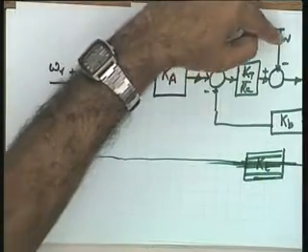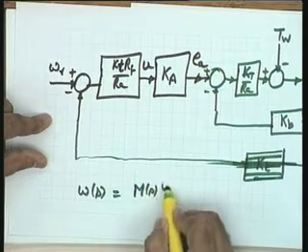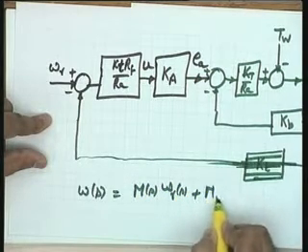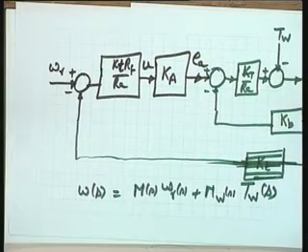Since the block diagram reduction tools are known to you, using those tools either through signal flow graphs or directly, you can get me the transfer function between omega and omega r. You can get the transfer function between omega and TW, it depends upon the interest you have. If you want to analyze the system with respect to the commanded position, get the transfer function between, or in general omega s is equal to ms omega rs plus mws TWS could be obtained by block diagram reduction. That is why the reduction methods, Mason's gain formula and direct methods were given to you, because these will be subsequently required.